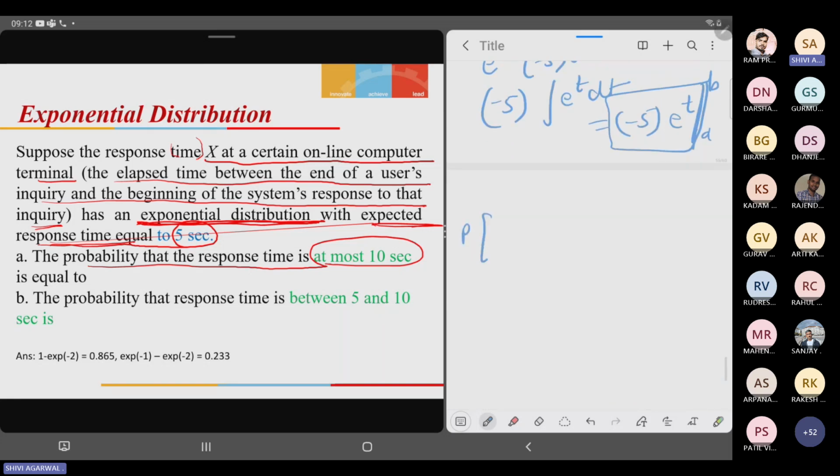Probability, second part, that 5 and 10. So 5 is less than x is less than or equal to 10. Okay. That we can also do, instead of using PDF, by the CDF. So in that case, what is the CDF? F of 10 minus F of 5. Exponential distribution CDF you know very well. That is 1 minus e to the power minus